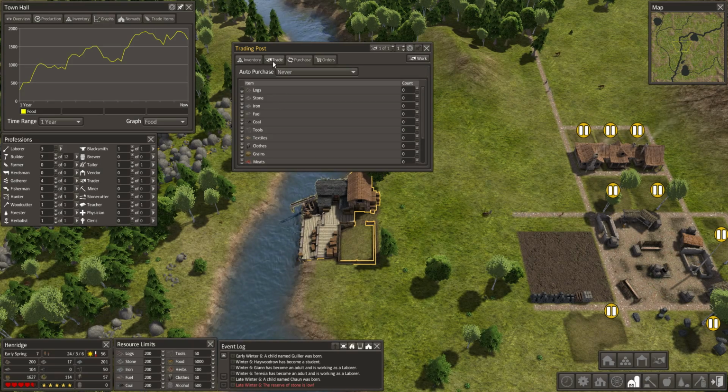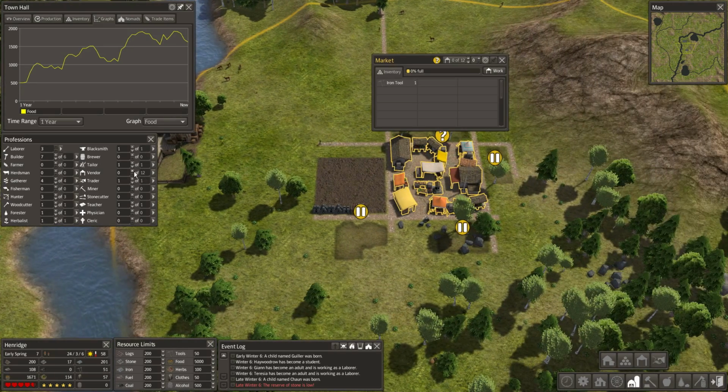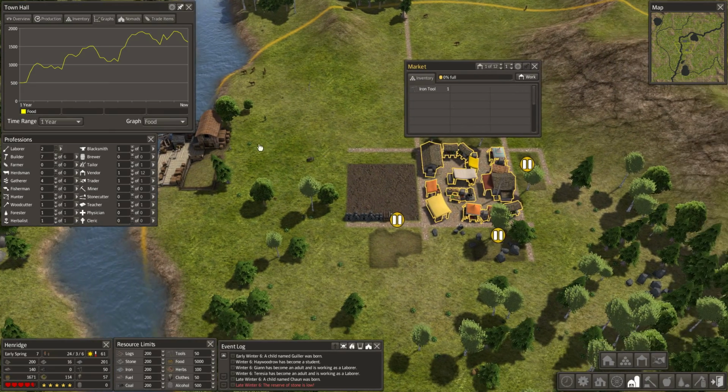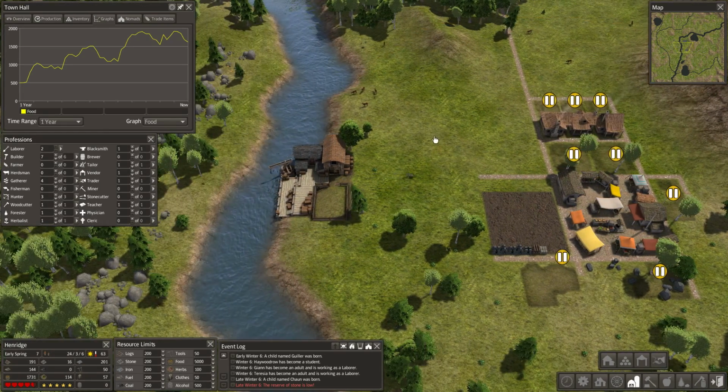I'm not going to set up any auto purchases or anything for right now. In fact, I don't like to use the market, the vendor too much, except for getting seeds and orchards and cows, because I feel like while it does make sense to do a trading economy, and is very, very effective,